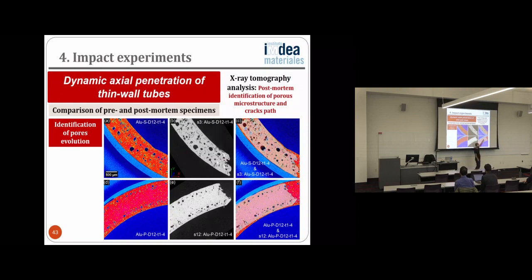Okay, the superposition is not perfect because the fragment deformed in loading and so on, but it still gave us some idea about the potential growth and shape change of some of the larger pores of the microstructure, and also gave us some information regarding the path of the cracks. Okay, so we did this for a bunch of fragments.